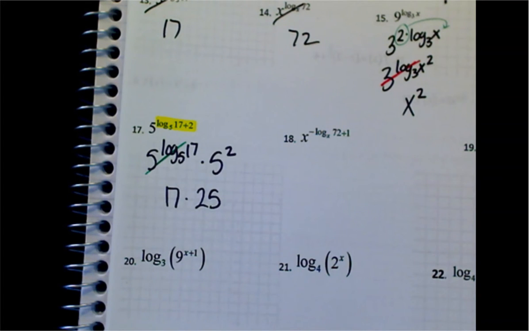Wait, what did you do with the negative? But this is a 72 to the negative 1 power. Wait, how did you get that? Then you get it. So then this ends up being negative divided by 72. Yeah, but also x. Well, actually no, because it's not 1 over 72. It's x over 72. That's why. Why is x sometimes x? Because if we go with 1 over 72 times